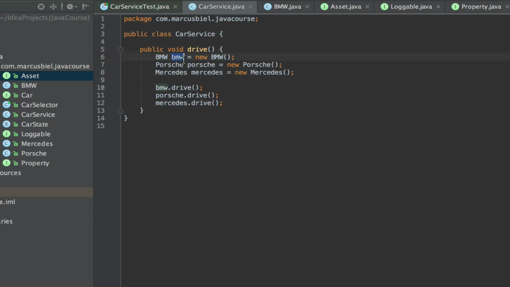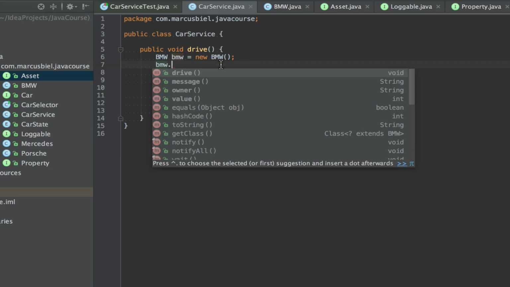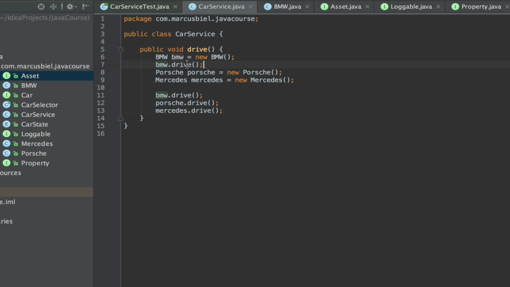So my BMW can do everything that a BMW can do, which at the moment is drive, message, owner, value. These are methods that we inherit. See, there is inheritance already from the object class. More of this very soon. But these were the methods that we have directly implemented in the BMW class. So I can use all of them.